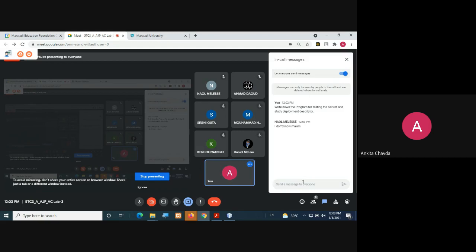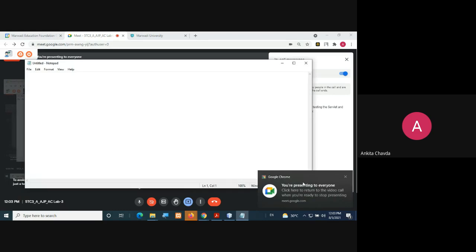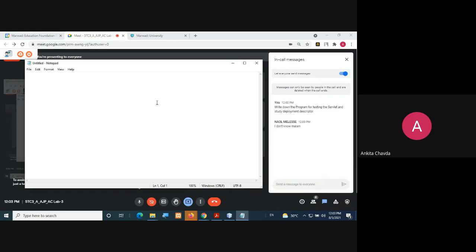Fine. Okay. Let me ask, what is a servlet? You tell me what a servlet is. What is it used for? I'm simply asking you the question, you need to answer. It is used for creating web apps on the server side. Yes, correct, right? So the server side kind of programming that we are writing is in the servlet, right?